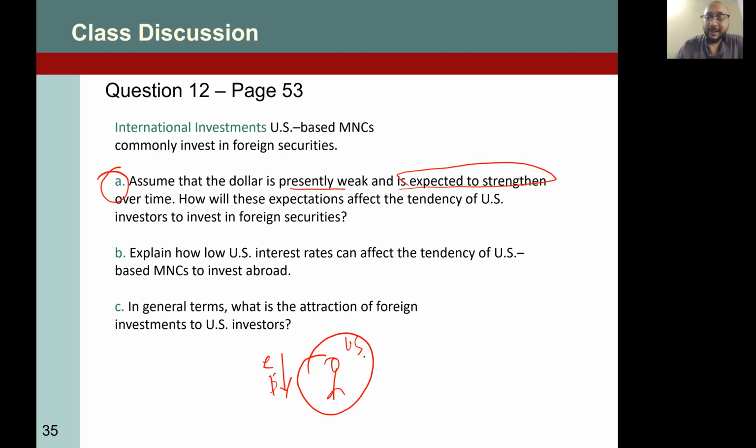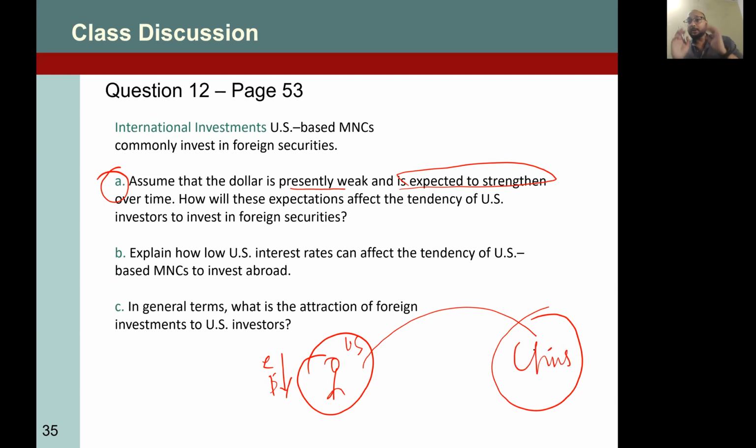What if you invest in another country right now, when your dollar is weak, and you invest in China? What are the expectations after some time? The expectation is that the dollar will increase, which means the yuan will decrease. So you will be hit by a double loss. First, you convert more dollars into fewer yuan because your currency is depreciated, and it takes more dollars to convert into yuan to invest in China. And what happens after some time when you are harvesting your investment? The Chinese yuan goes down, because we just talked about that between 2 currencies, the US dollar and the yuan, if